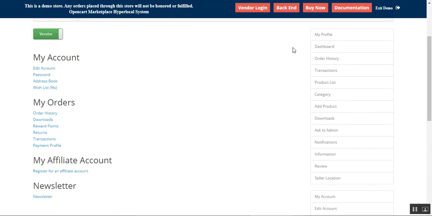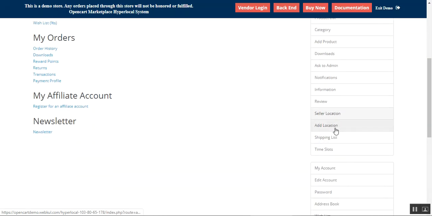So here on the right hand side we have this particular marketplace block, and here we have the seller location option. Now if you tap that up, below that we'll see three different options. One is to add the location for the seller, where from he'll be shipping the products. Then we have the shipping list, where he'll be adding his shipping list, and the time slots for the delivery